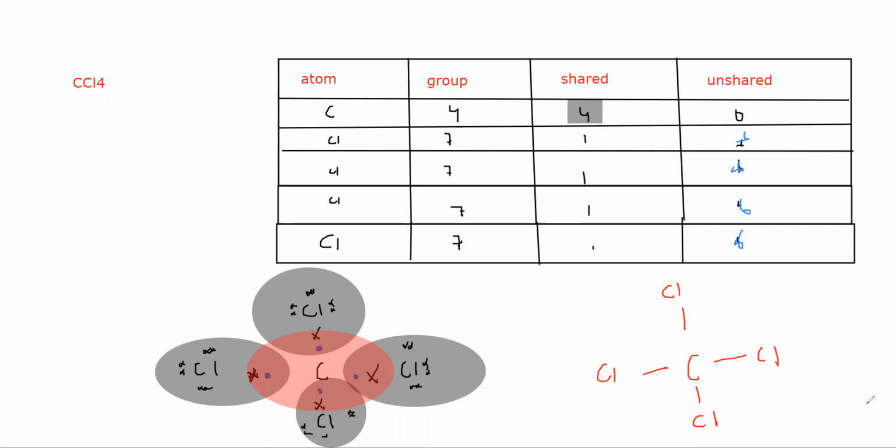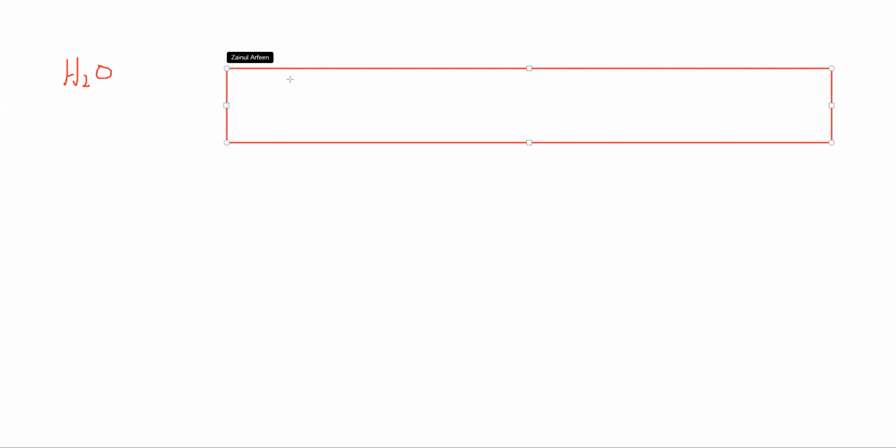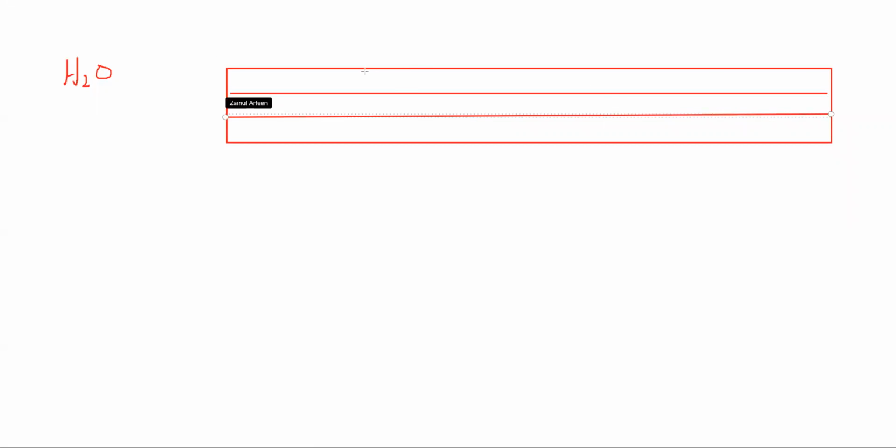And one more example related to hydrogen. Like if we want to draw the structure of water, H2O. So water contain two hydrogens and one oxygen. So you will draw the structure for, like there is hydrogen and oxygen. The atom is there, the group, shared,